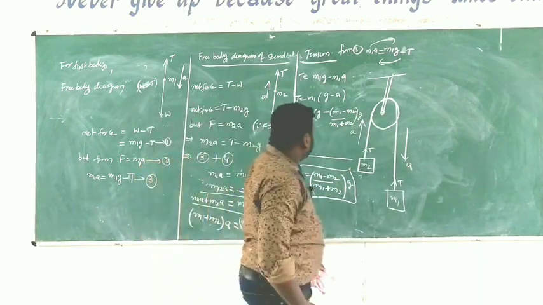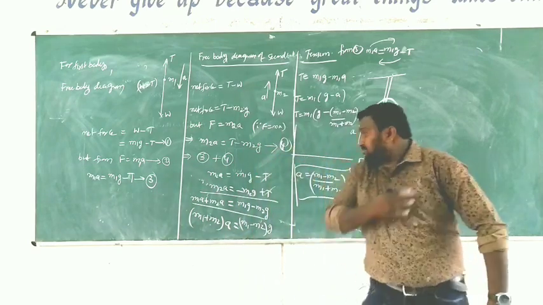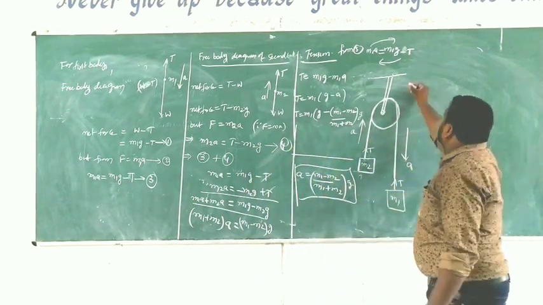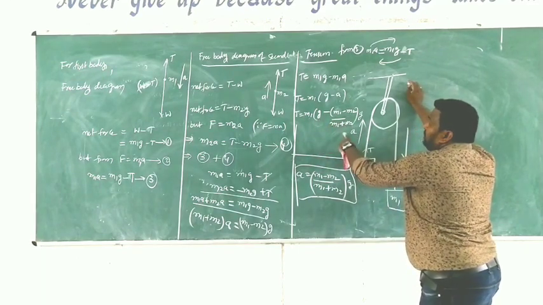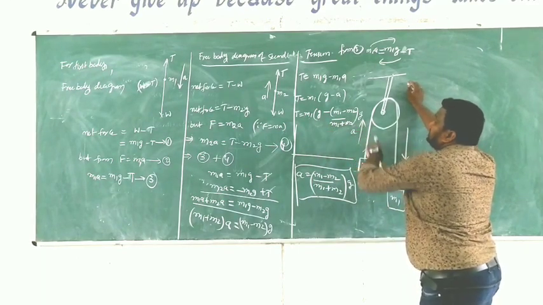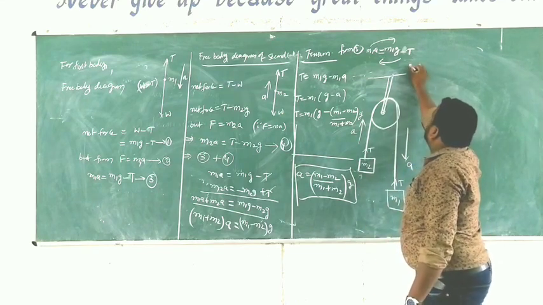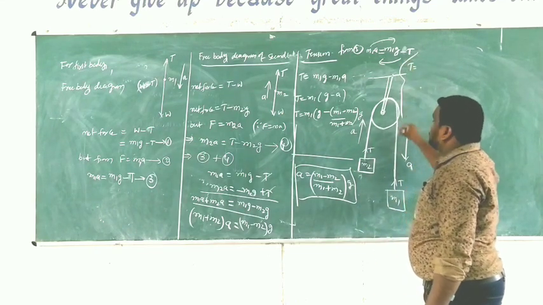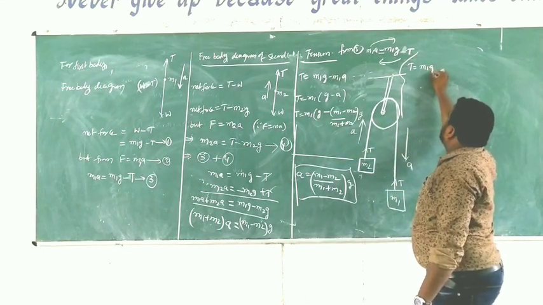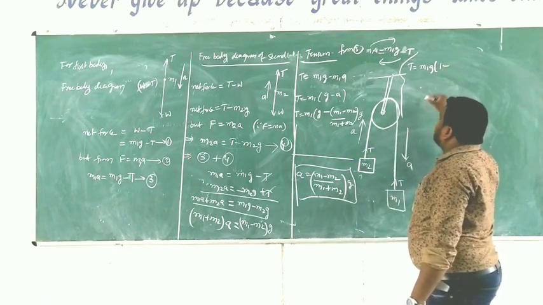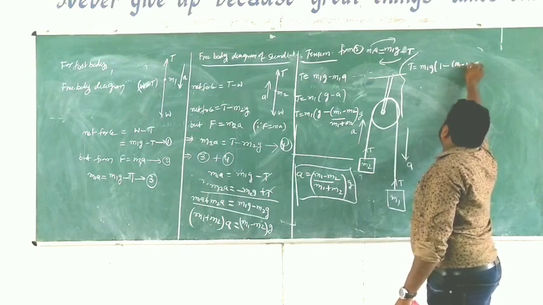So from that, again I am writing here M1 into G minus M1 minus M2 by M1 plus M2 into G. Which is common? G is common. T is equal to M1 into G minus 1 minus M1 minus M2 by